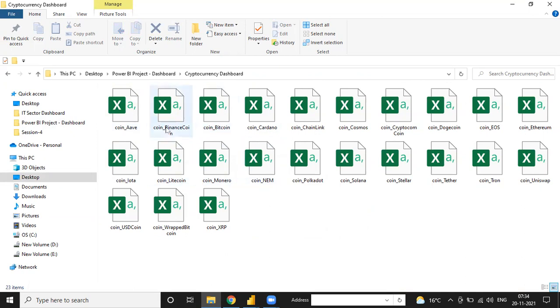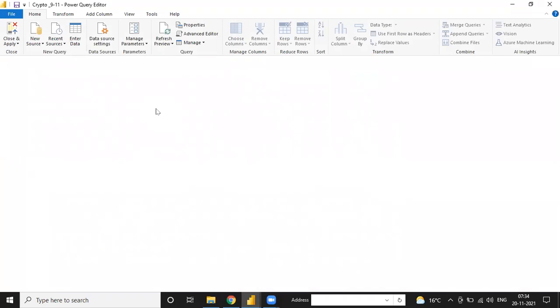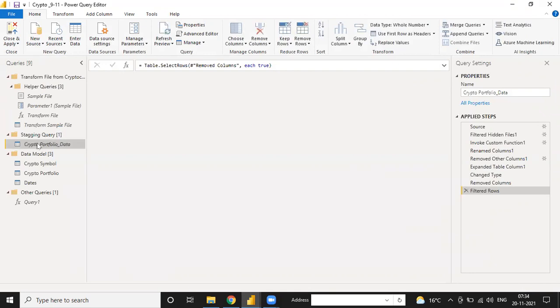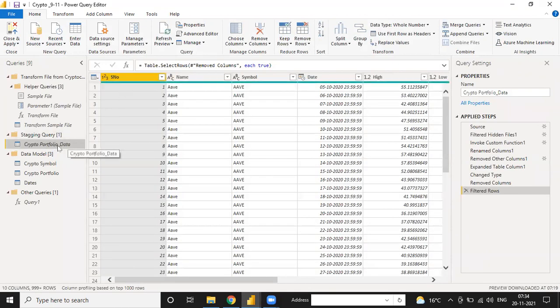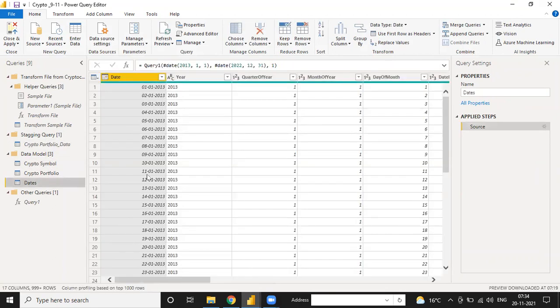And then after that, we imported all these Excel CSV files into Power BI. And how to import? Go to Transform Data, okay? In Transform Data, we imported all these Excel files together and merged them into just one Excel. See, this is just one Excel we have merged. And after that, we are making two tables. One is the symbol table and second is the date table. So this date table is connected with the main table, crypto portfolio, and the symbol table is also connected with this portfolio, because we have to make some filter-wise analysis.